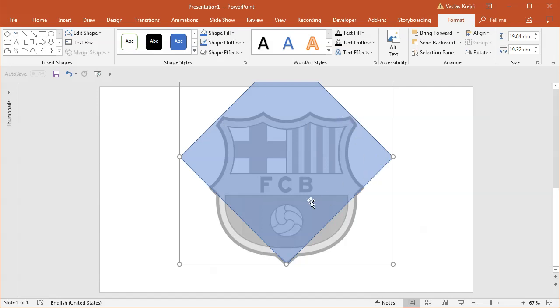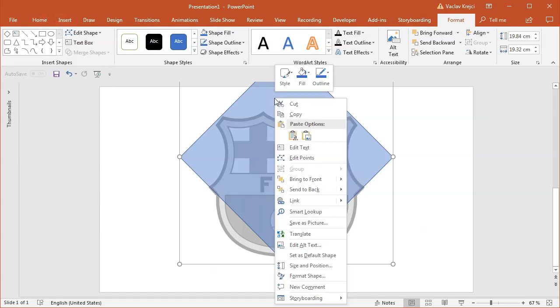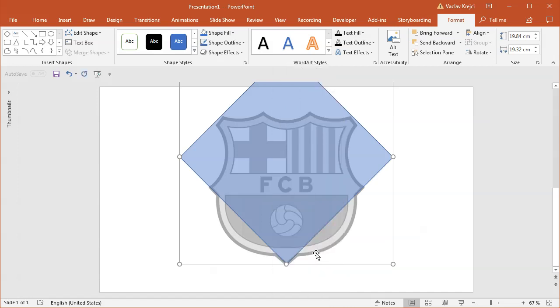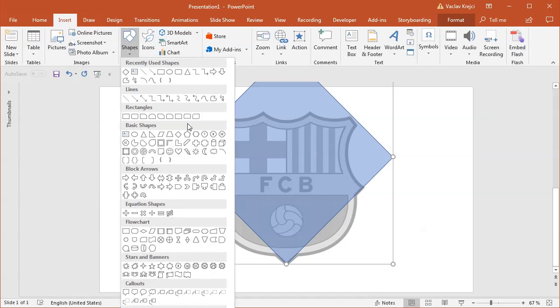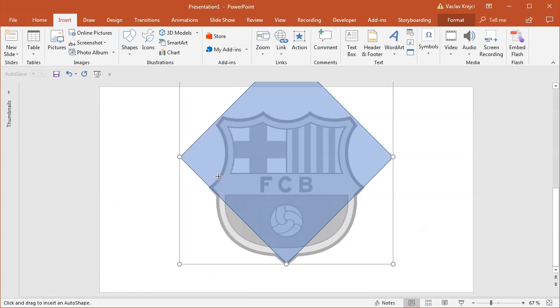No, it's actually not matching, so it's not filling the whole shape, but it doesn't matter. Let's keep it like this. We will use this part and the bottom part. The next thing, I will right click and select set as default shape. That will cause all the newly drawn shapes to have this fill and outline properties. So once I draw the new shape, which will be insert shapes oval, it will already be semi-transparent,